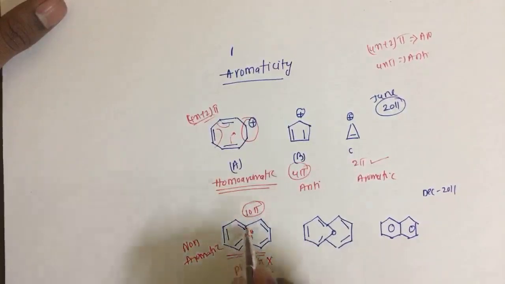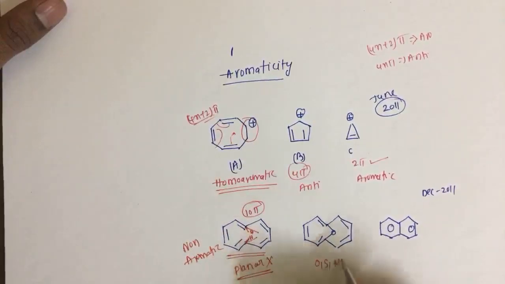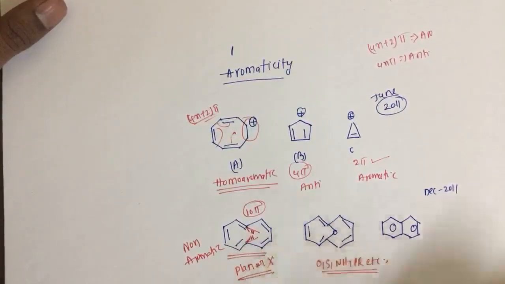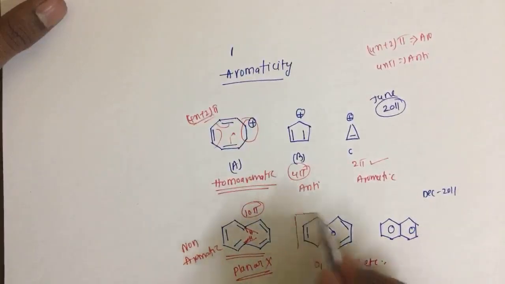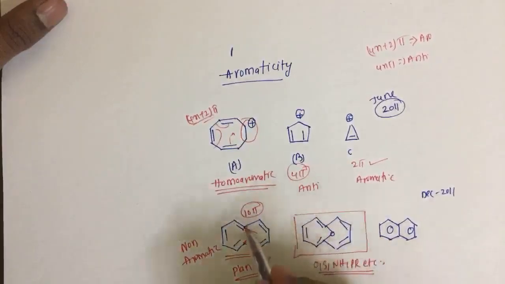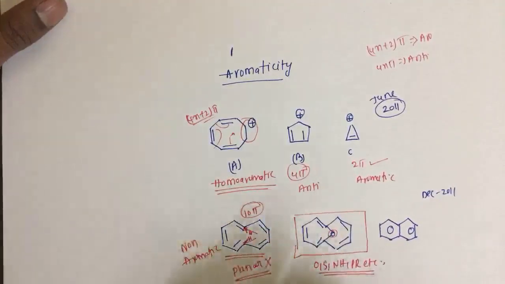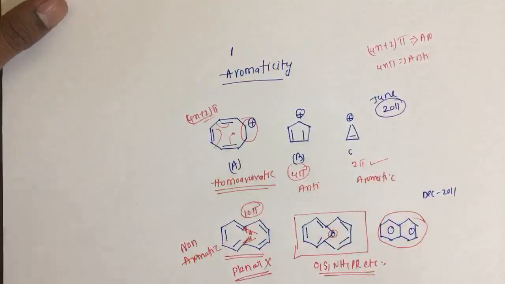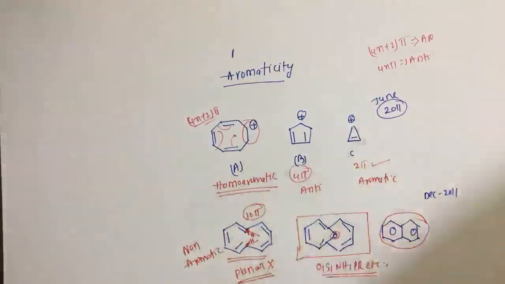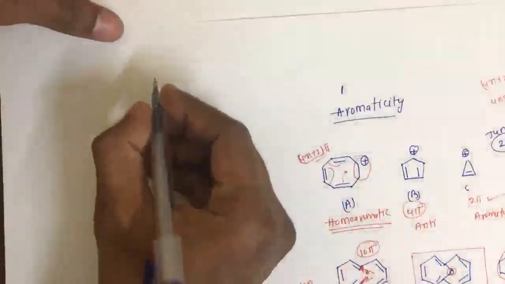Whereas if we connect these two carbons with oxygen, sulfur, NH, etc., then that will become aromatic, meaning that will become planar. So here this is aromatic because these two carbons are connected by the oxygen atom. It can be any heteroatom, then it will be aromatic, and we know that this is naphthalene, this is also aromatic. And next question we have,